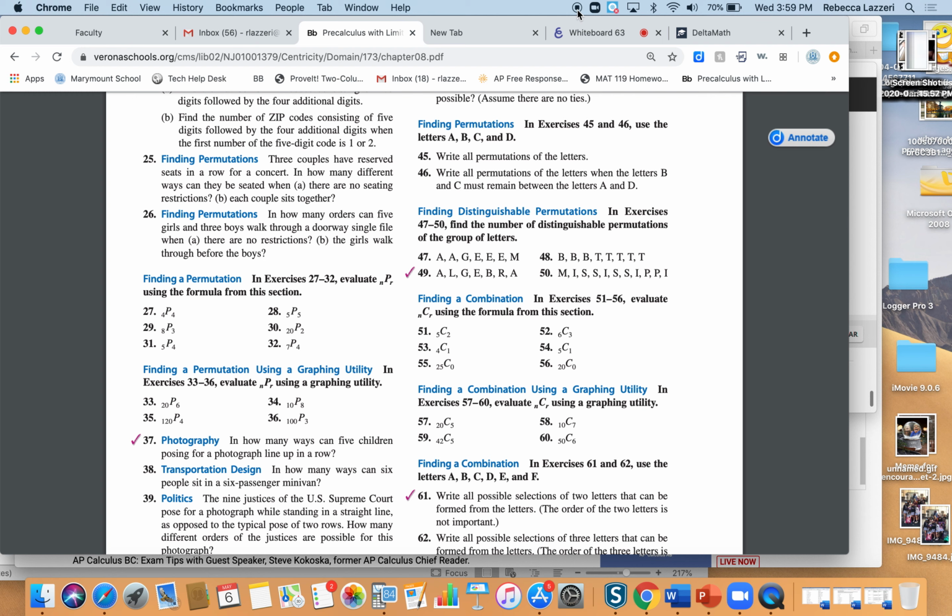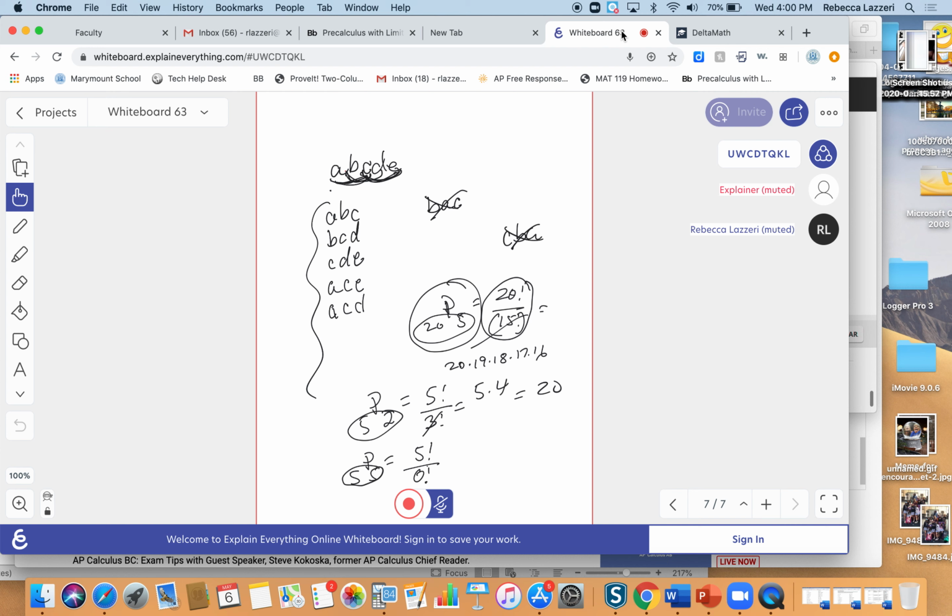Suppose you have a P5,5. That would be 5 factorial over 5 minus 5, which is 0 factorial. P5,5 would be 5 factorial over 5 minus 5, which is 0 factorial. 0 factorial is defined to be 1.